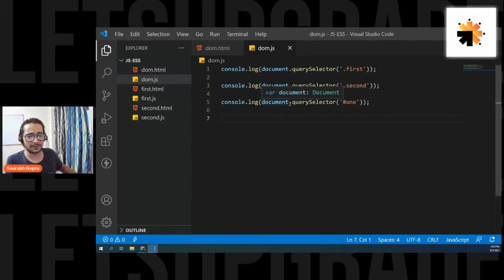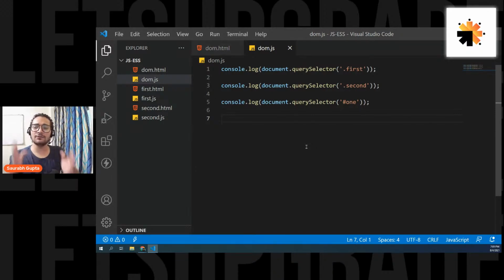Both will give you the same thing. Are we clear, Deep? So don't get confused, buddy. You can also use query selector to fetch elements. You can also use get element by ID or get element by class name to fetch elements. You have multiple ways of fetching elements. This is one way. That is another way. Is that clear? But just to save time, we're only going with this way for today's session.